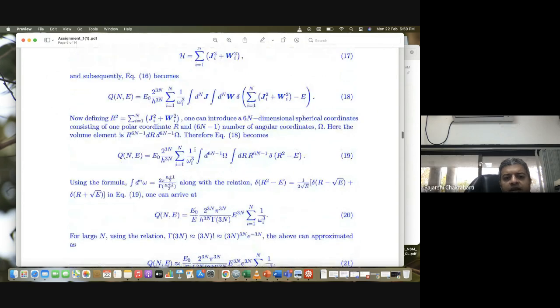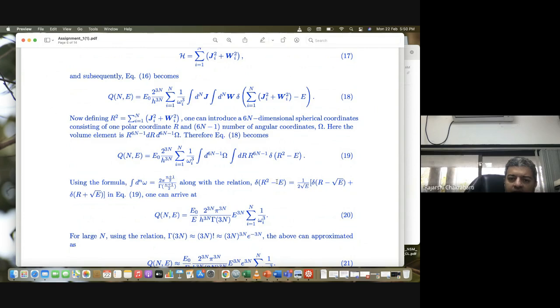So essentially, this integral looks like this. The structure is as follows: delta function of r square, something square, minus some constant, isn't it? And then you have this, and then you can use the formula. There's a formula for the delta function. If you have delta function of something square minus something, it is given by this: delta function of that quantity